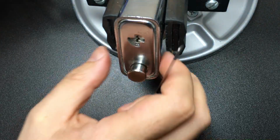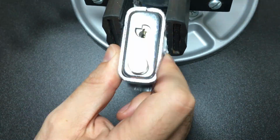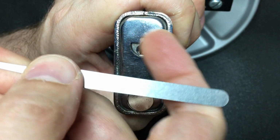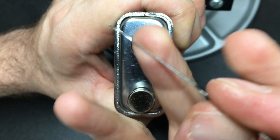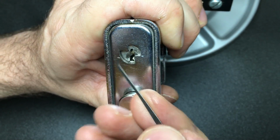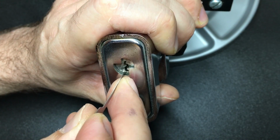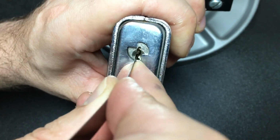So, before I get started, actually, let's just loosen this squeaky vise off a bit. And you'll see that I'm going to be using a pick in 15 thousandths of an inch. It's very, very bendy, and it's a medium hook. This one has to be made by Sparrows, and I've got that so I can go up through the warding on the locks